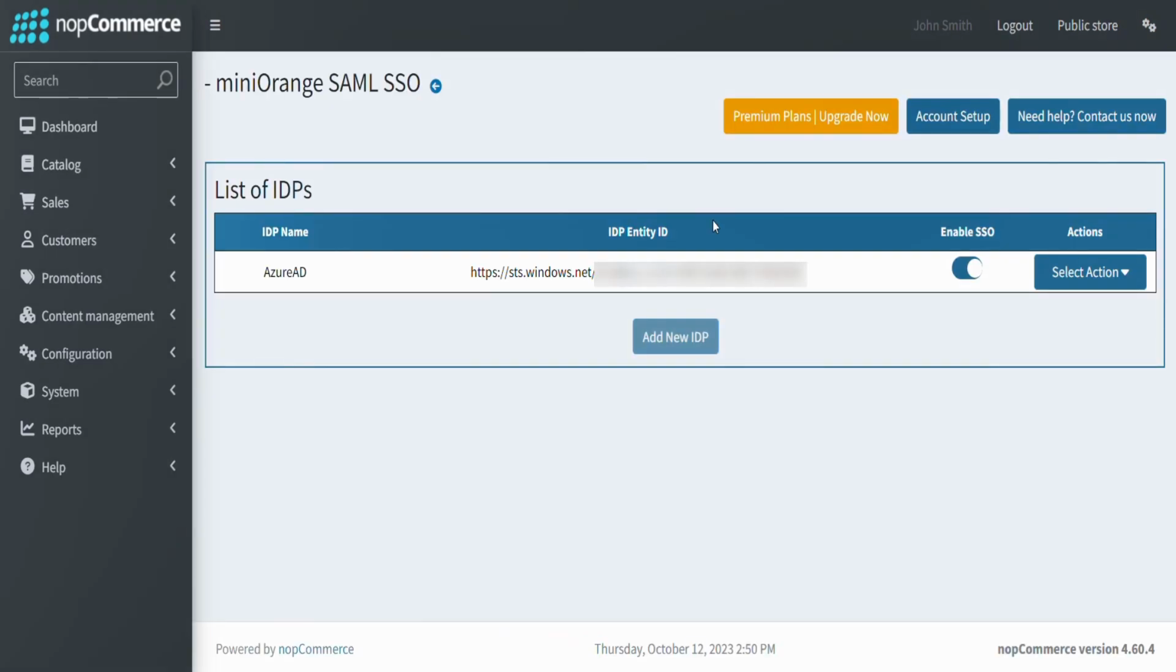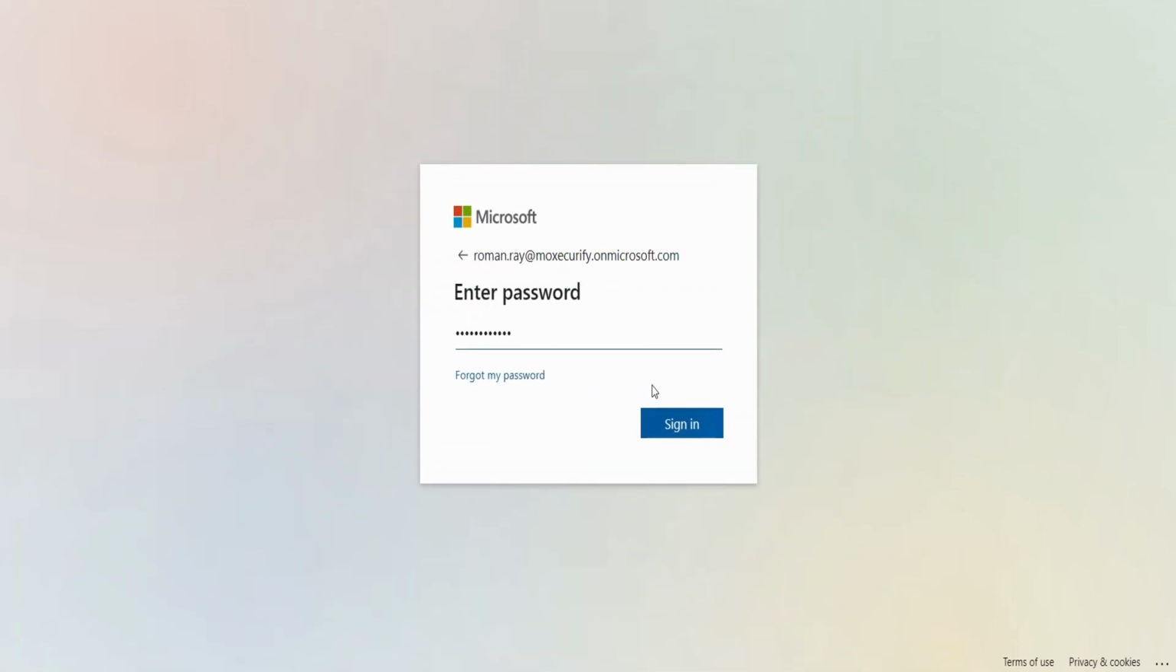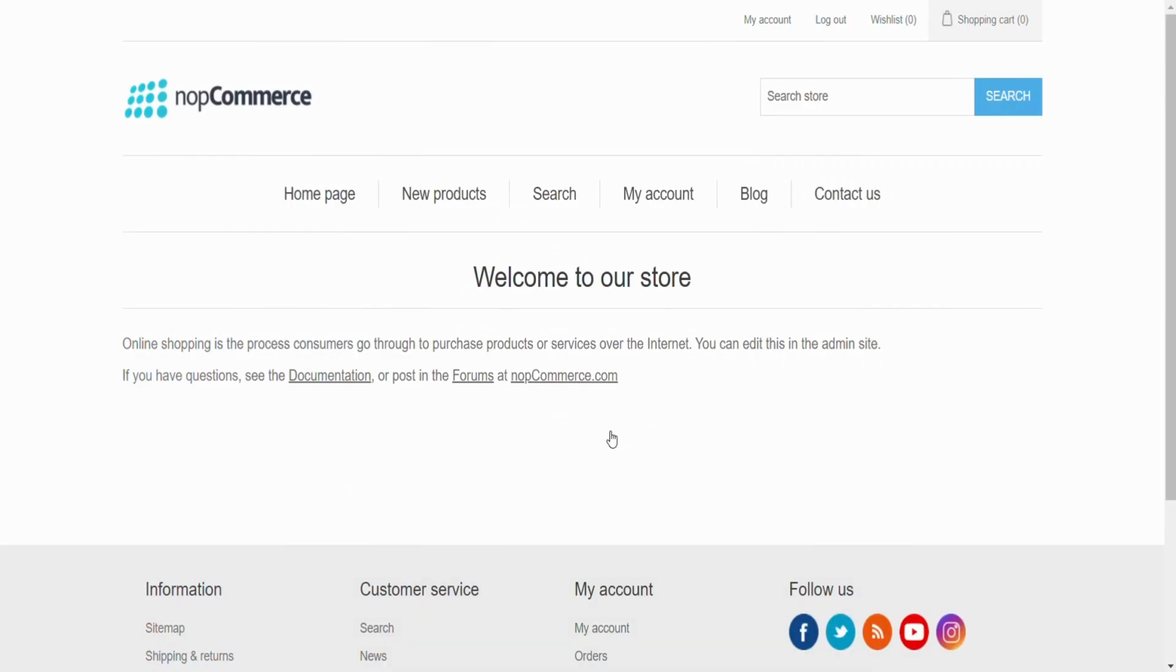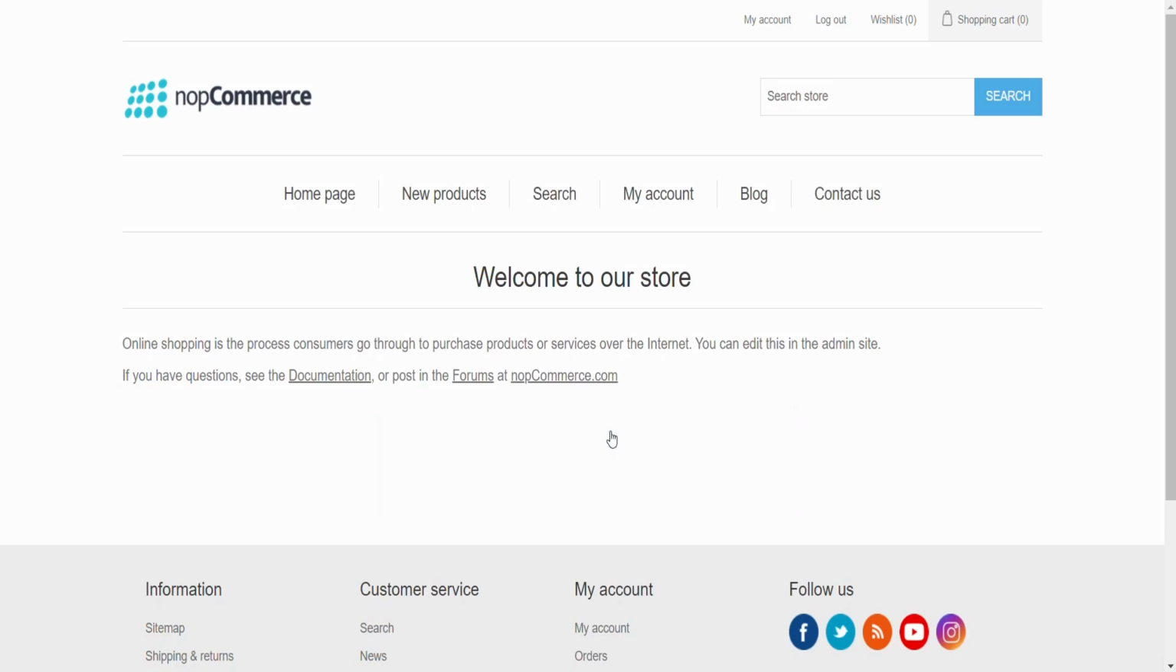Now, let's jump to see how your end users will use the SSO login into your store. Hover on Select Actions and click on SSO link to copy the link. Paste the SSO link in an incognito window and hit the Enter button. The Microsoft Entra ID login page will appear. Use the test user credential to log in. On successful user authentication, the user will be sent to the nopCommerce store and will be logged in via Single